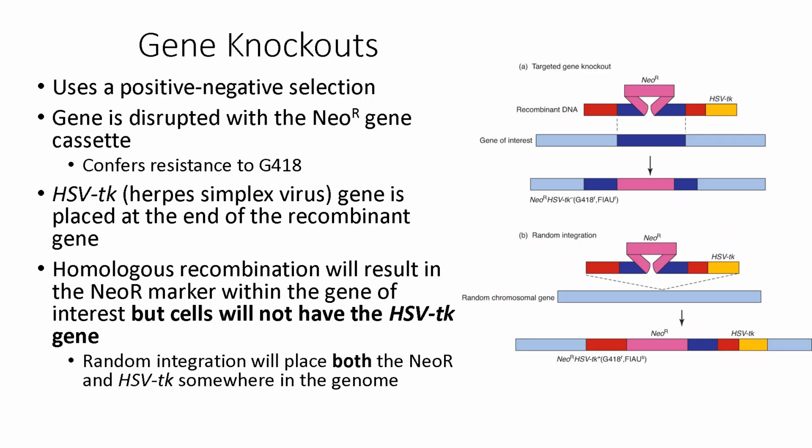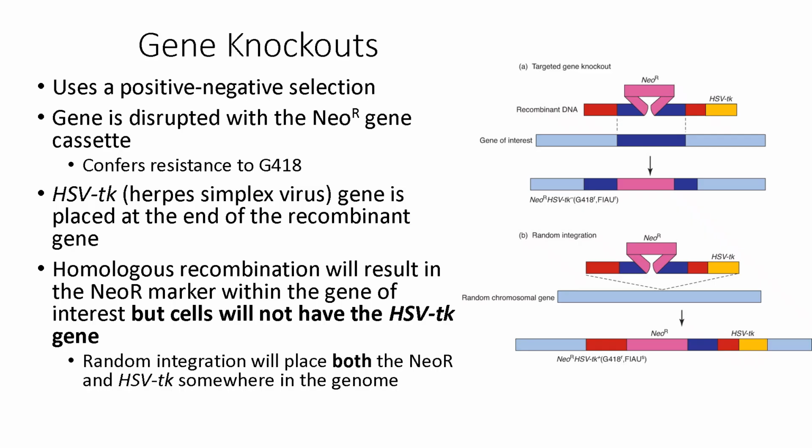However, random integration results in both NEOR and HSV-TK being inserted into the genome. By treating cells with G418 and ganciclovir, researchers can select for those that underwent targeted recombination and eliminate those with